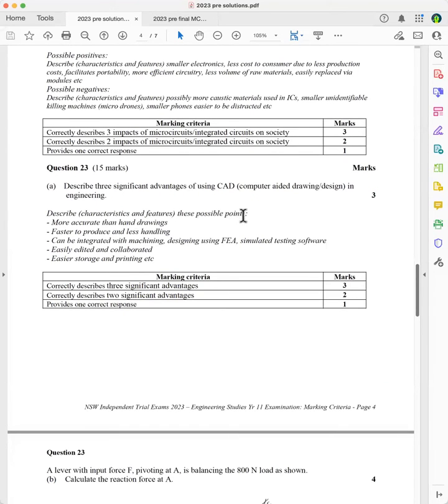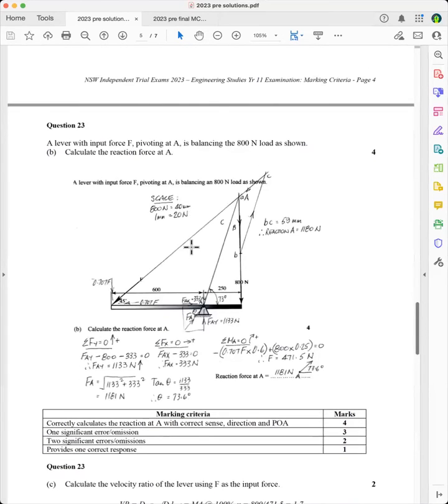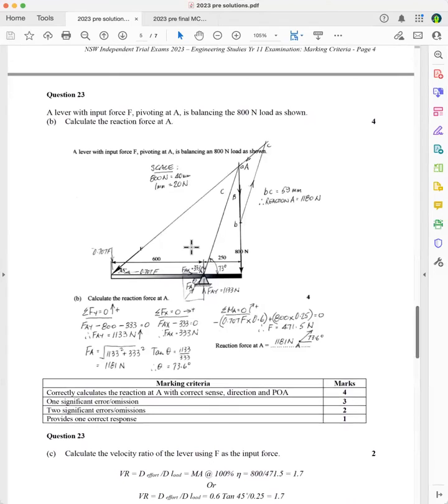these are just points I put down here. It's not the answer for a description. You should say more accurate than hand drawings because blah, blah, blah. Right, so that will be a description, but this is just a detail, it's a statement. So faster to produce and less handling, which reduces the cost of it and so forth. Okay, so make sure that you know that these are just the possible points and it's not a correct description. That's worth 3 marks. Next question was really poorly done, and I'll just go through both methods of doing this